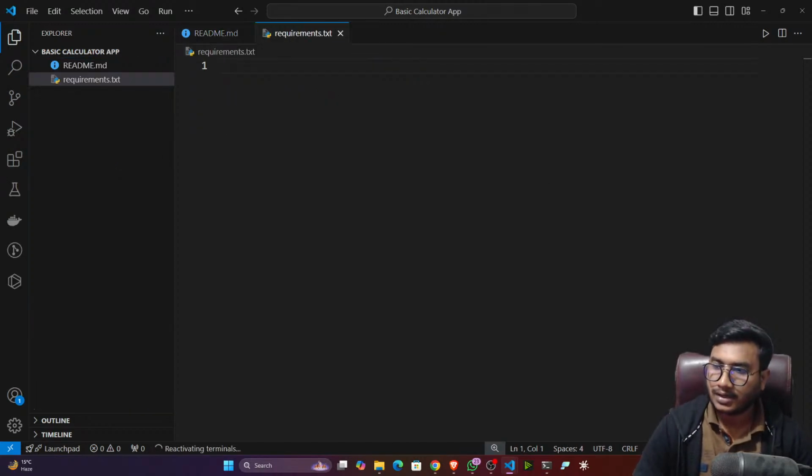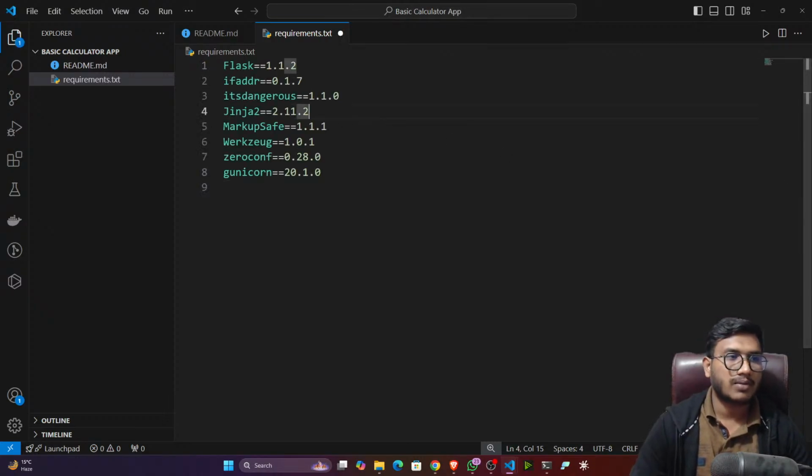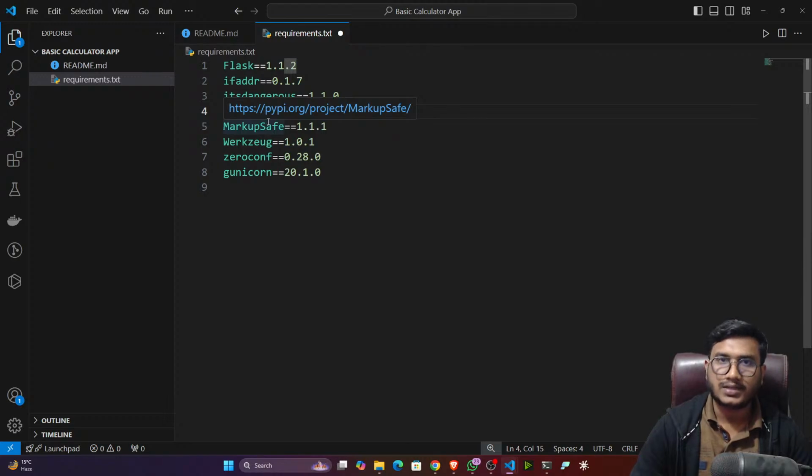So inside that you have to mention all of the requirements you need for this project. Okay, so let me mention. These are the requirements I need, guys. Here I'm going to create a basic user interface with the help of Flask, and these are the